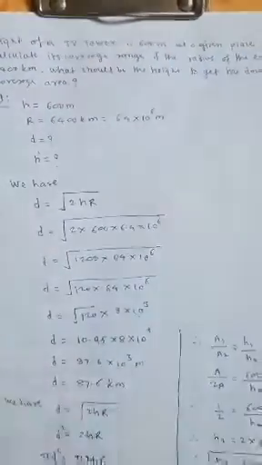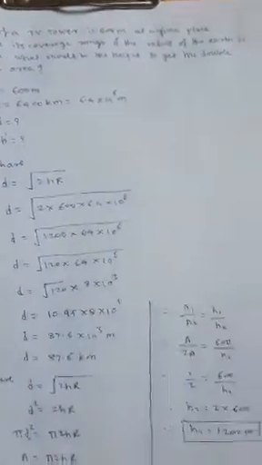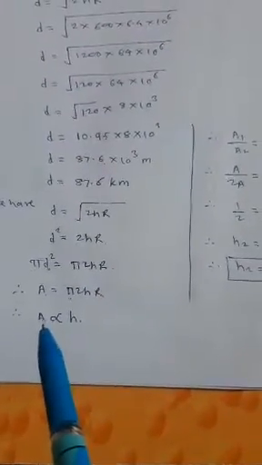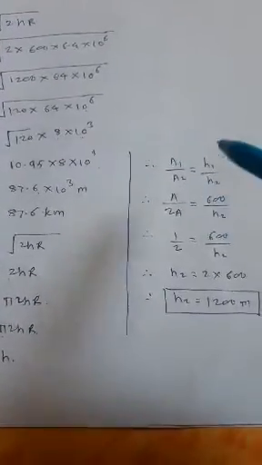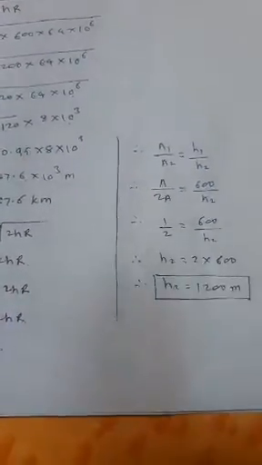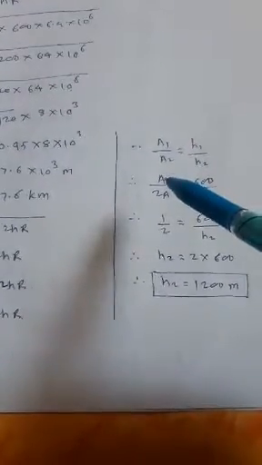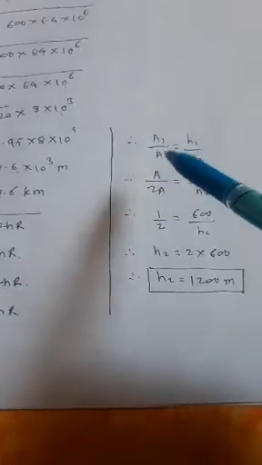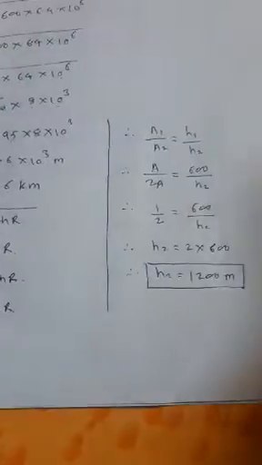Now see, initial height of the tower is given 600 meter. Now calculate the new height, means we have to determine the h dash. How to calculate the value of h dash? We know that A is directly proportional to H, therefore we can write A1 divided by A2 is equal to H1 divided by H2. What is the A1? A1 is area. Initial area is denoted by A. What is A2? Final area. What should the final area be? It should be twice the initial area.